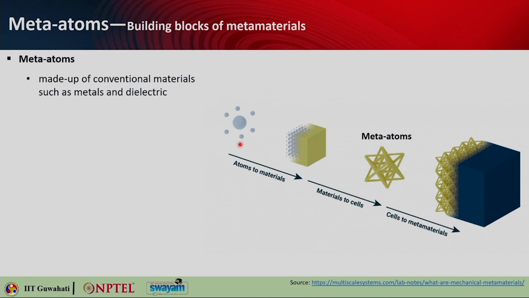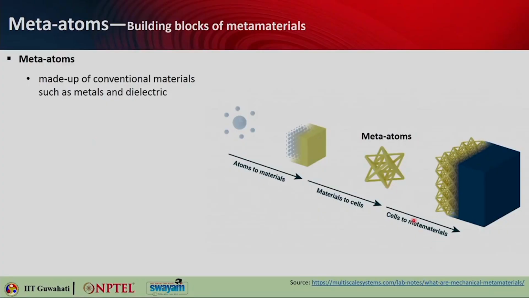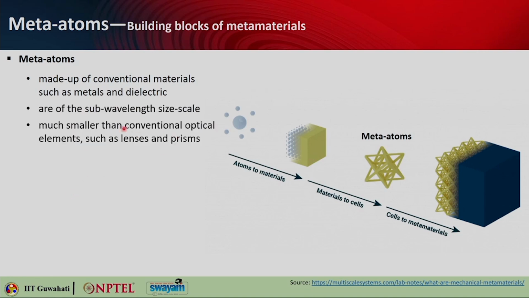So, you started with atoms, from that you got some materials, and those materials can be used to construct meta-atoms, where the structural design plays the most important role. And then when you put these meta-atoms together and create a metamaterial, which is either a 2D or a 3D array of these meta-atoms, then a completely new property comes out, which does not belong to the atoms or these kinds of materials. Okay. So, an important factor is that these are sub-wavelength in size,